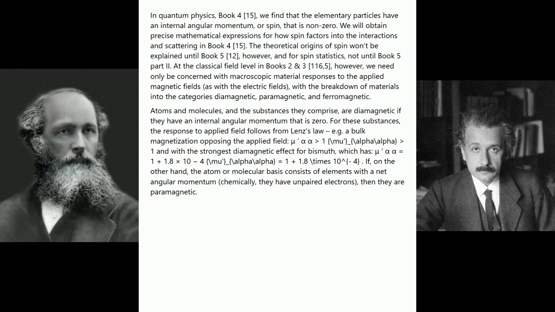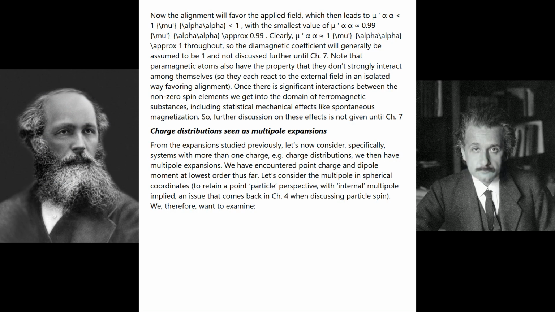If, on the other hand, the atomic or molecular basis consists of elements with a net angular momentum, chemically they have unpaired electrons, then they are paramagnetic. Now the alignment will favor the applied field, which then leads to mu sub alpha alpha greater than 1, with the smallest value of mu sub alpha alpha approximately 0.99. Clearly, mu sub alpha alpha is approximately 1 throughout,